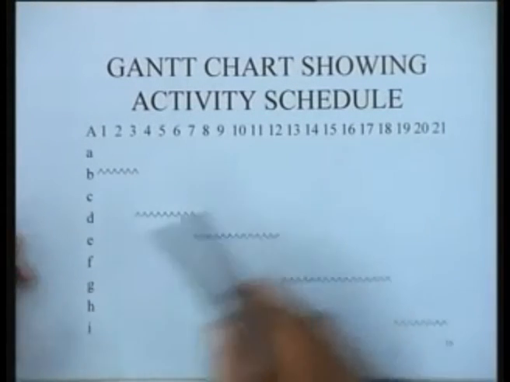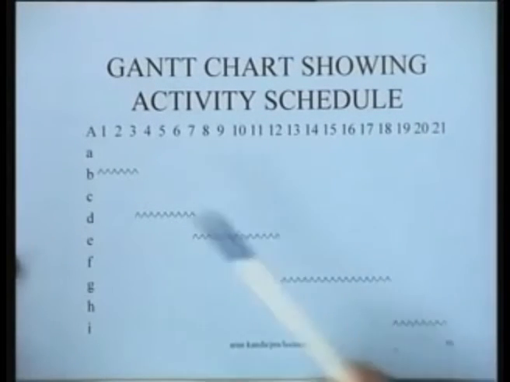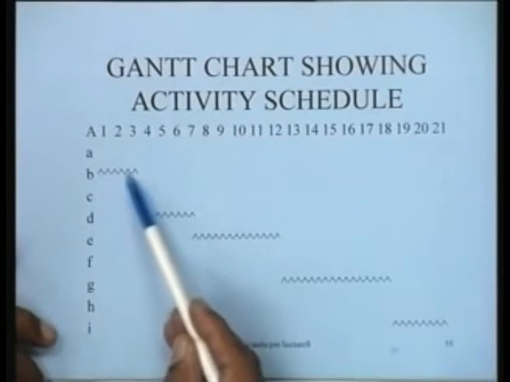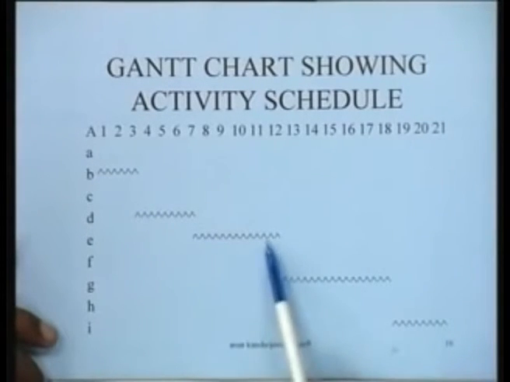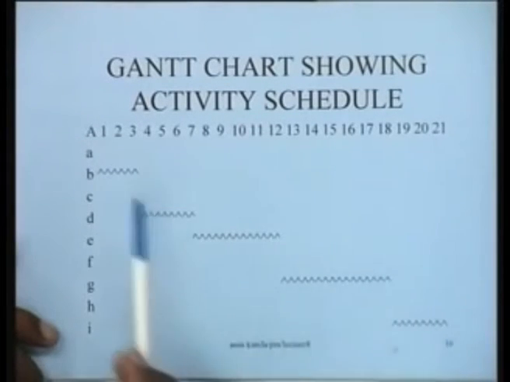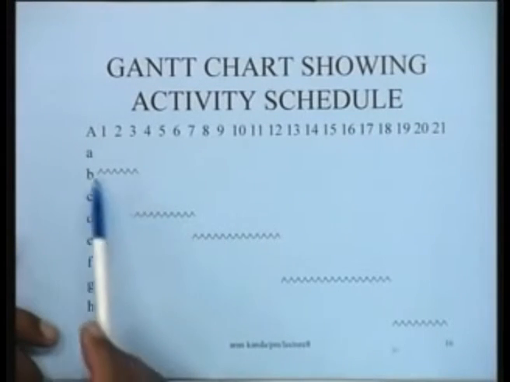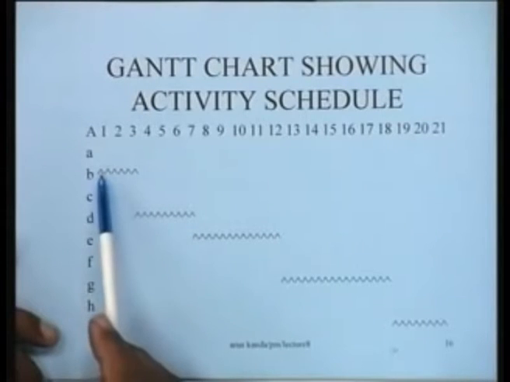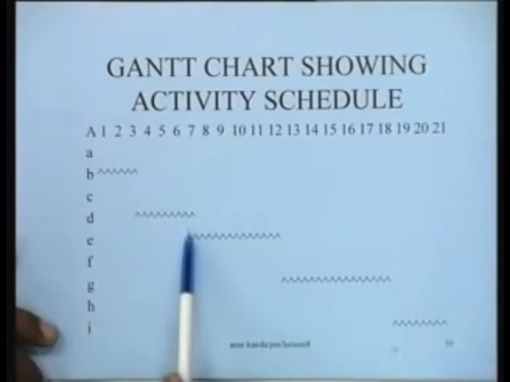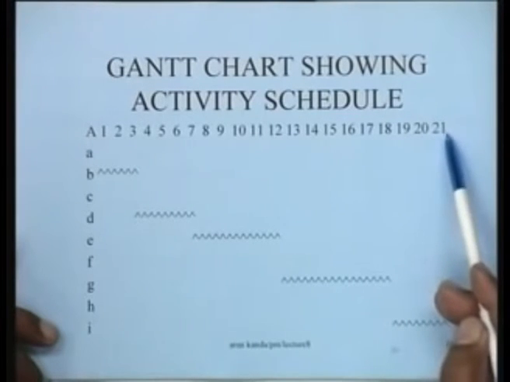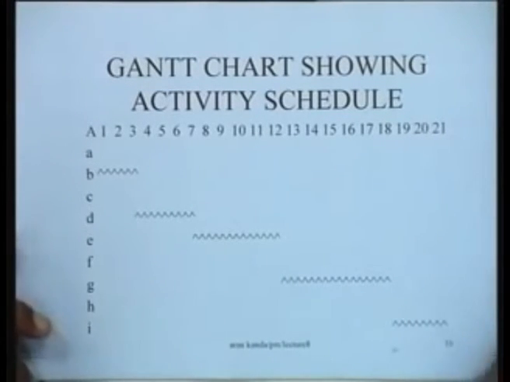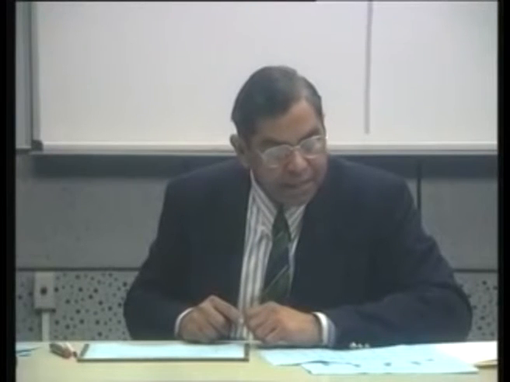In this particular case, what we find is that activities B, D, E, G and I are critical activities. So, they have no floats, their values are fixed and they must occupy the time slots as shown, and you will find that the durations of the critical activities add up directly to the project duration of 21 days. The remaining activities, for instance, if you look at activity A